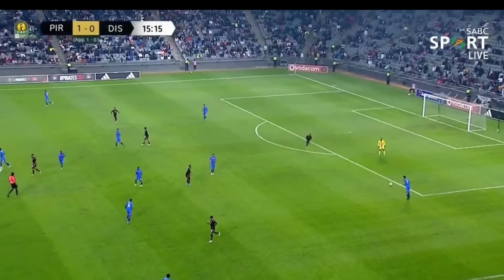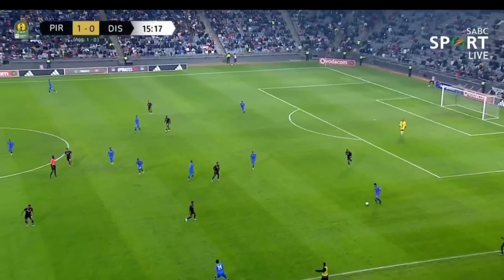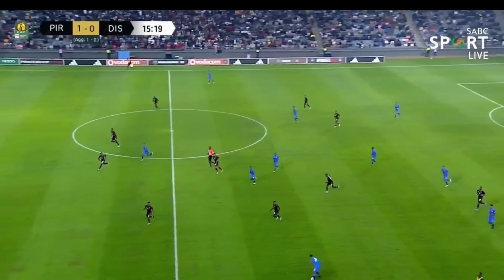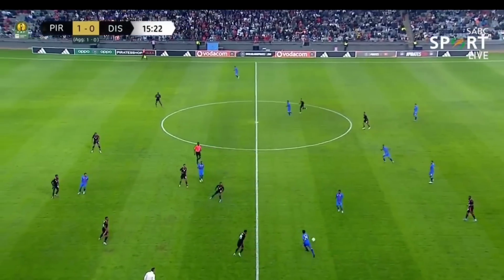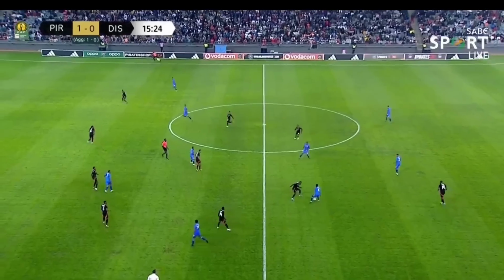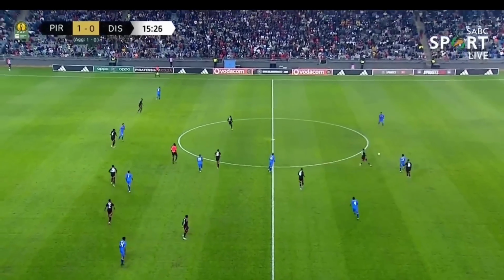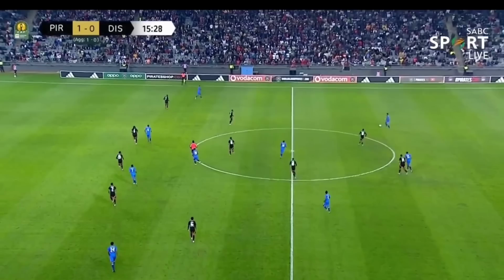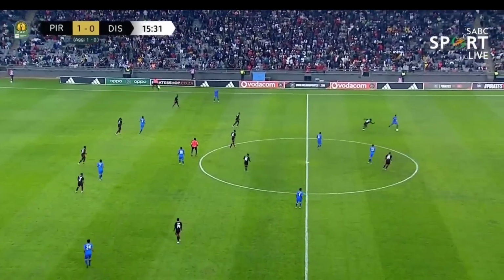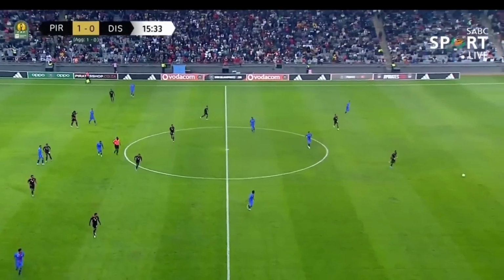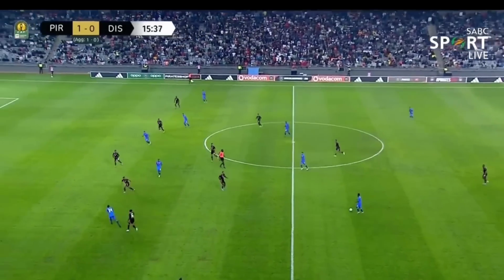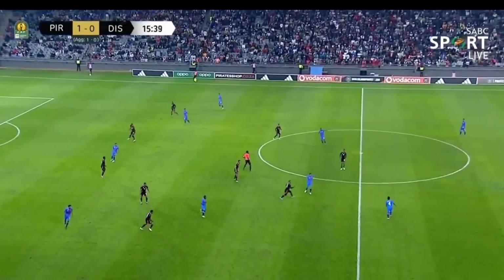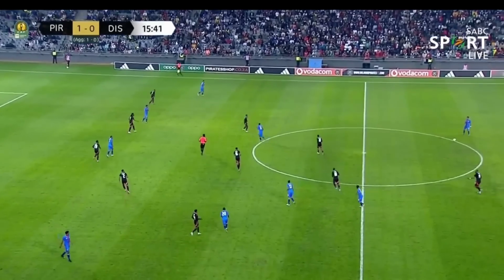And the reason why they are not pressing so aggressively is because they know this team wants to run into that space behind them, and if they do, they score a goal and they start defending the whole game. So you see, they press when the ball is being played back, but otherwise we just let it be. We have to go back to position and make sure that they are not finding any spaces between the defense. So there isn't much space.